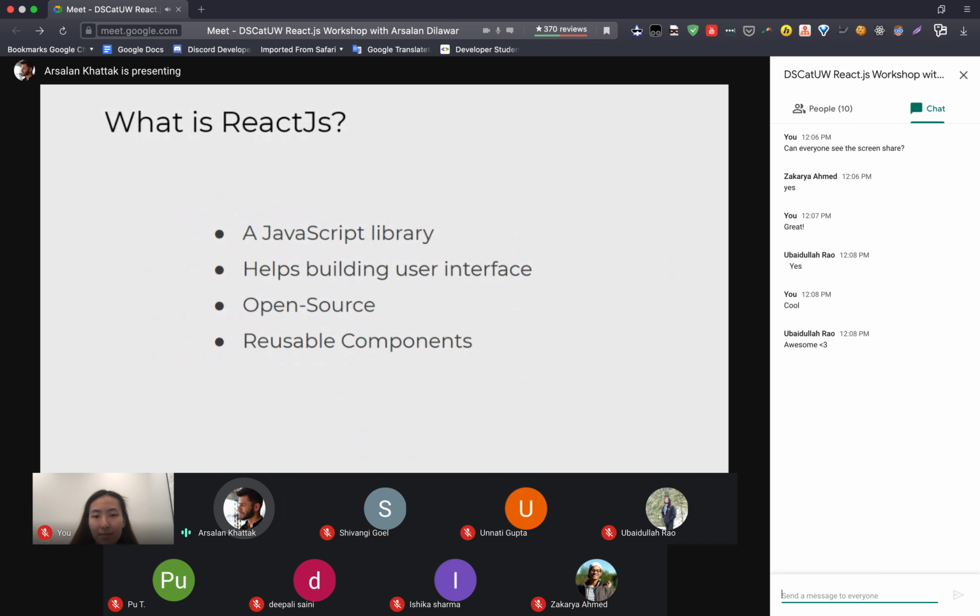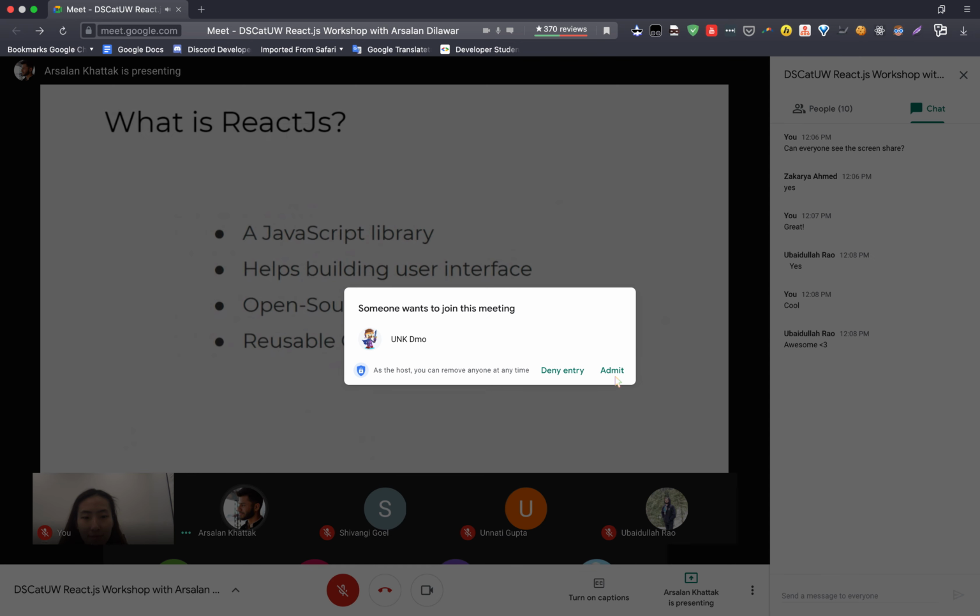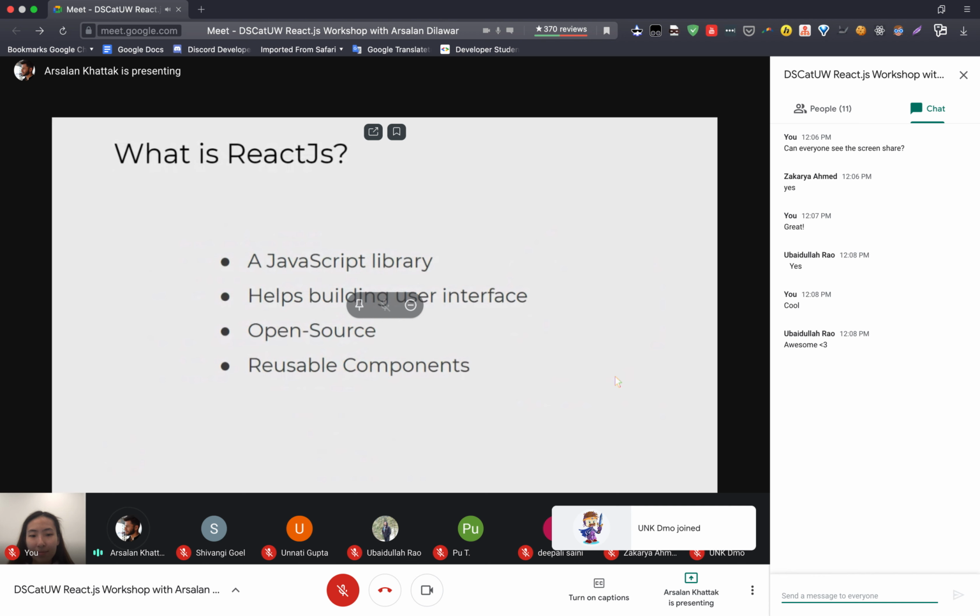If you don't know what a reusable component is, once I move to VS Code, I will show you exactly what reusable components are. But just to give you the idea, reusable components are components that you create once, and then you can use them everywhere, wherever you want. So that is one of the features that React.js provides.